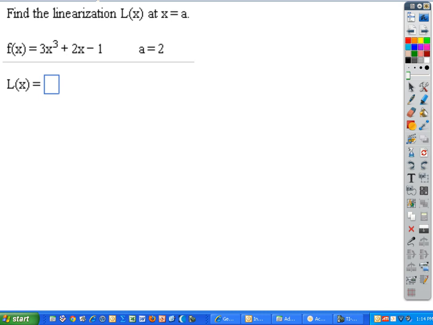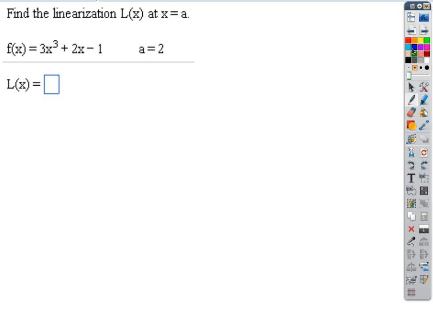Find the linearization means, if we take x equals a to be the point of tangency, what's the tangent line, is all it is, right? The tangent line to the curve is the linearization. That's what we're going to use for our linear model if we want to do an approximation. So this is no big. We did a bunch of these earlier in the year. How do we find the tangent line to a curve at a given value of x? Find the derivative. Good. Okay, so we want to find f prime of x,